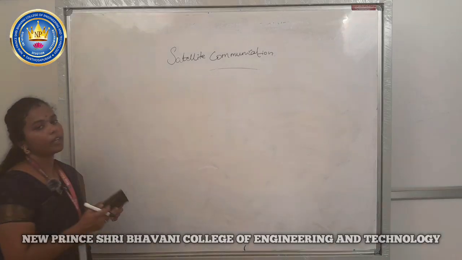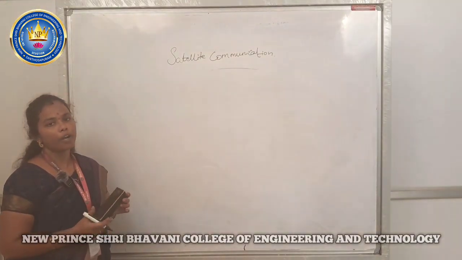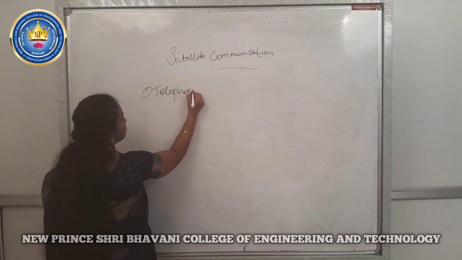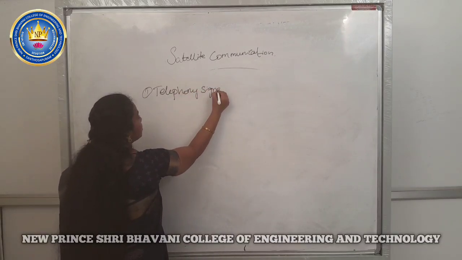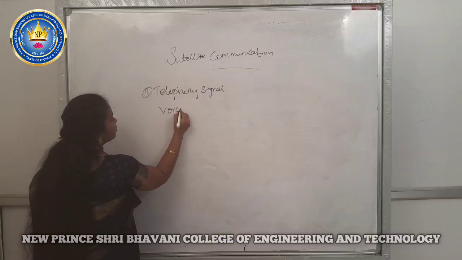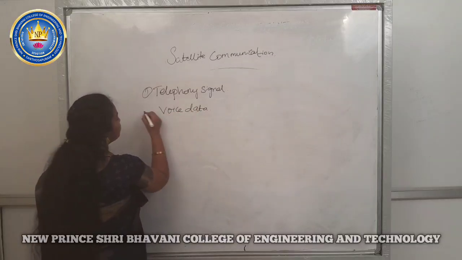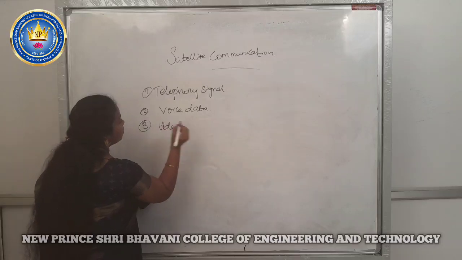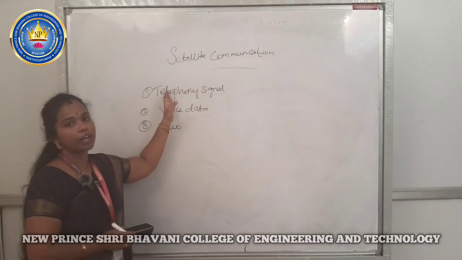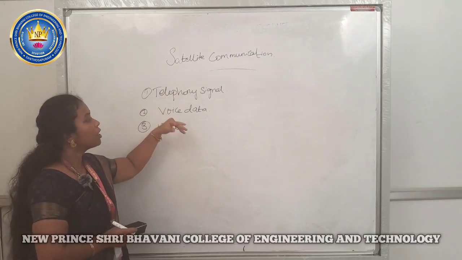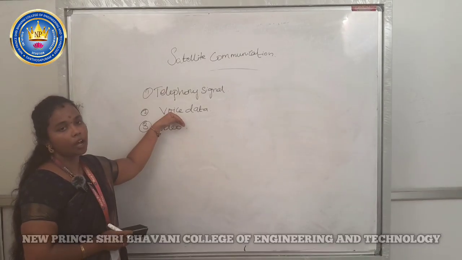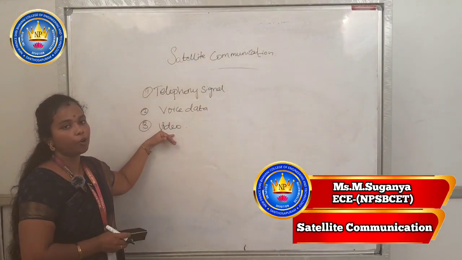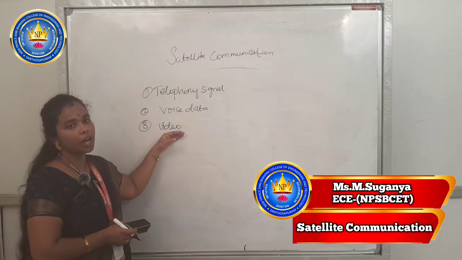Then we have to see what data we have to send. One is the telephony signal. Next one is voice data. Third one is video. The telephony signal is just data to be transferred through the telephone. The voice data is data which carries the voice, and the video is nothing but video data. We have to compress these data to transfer